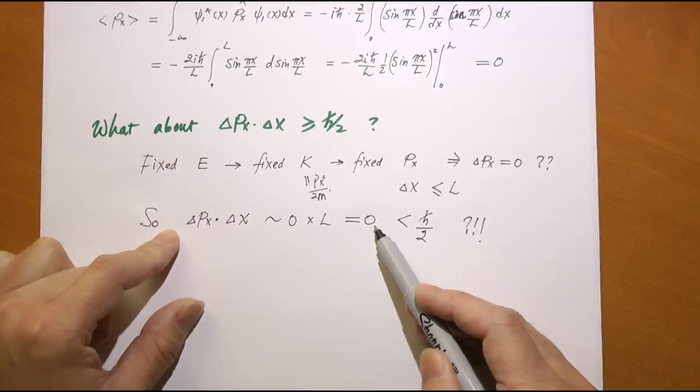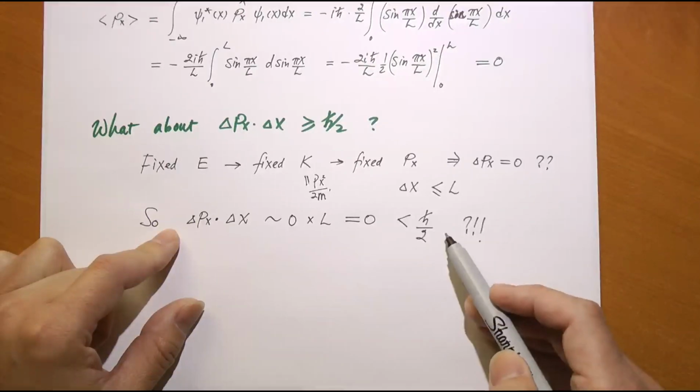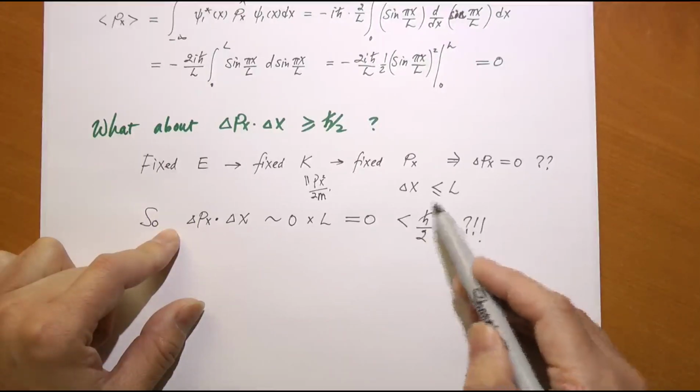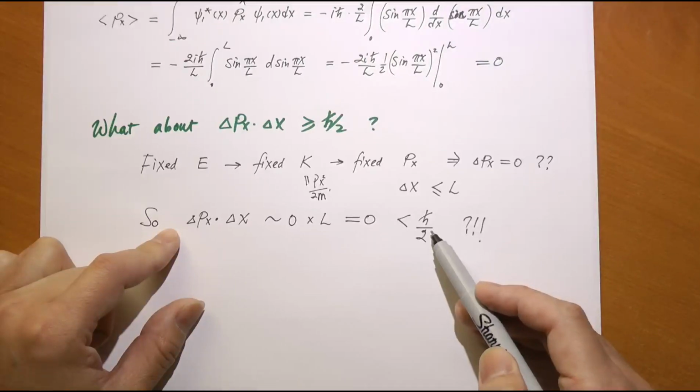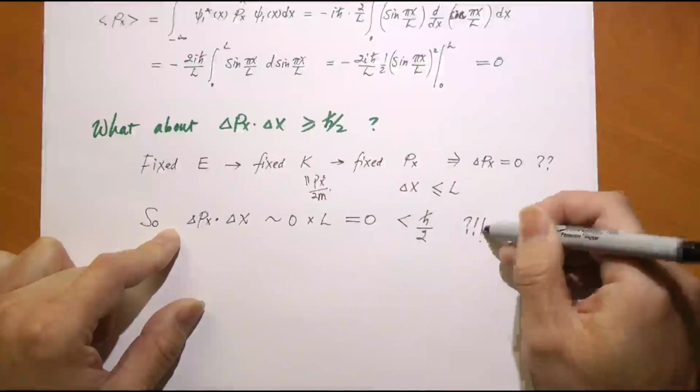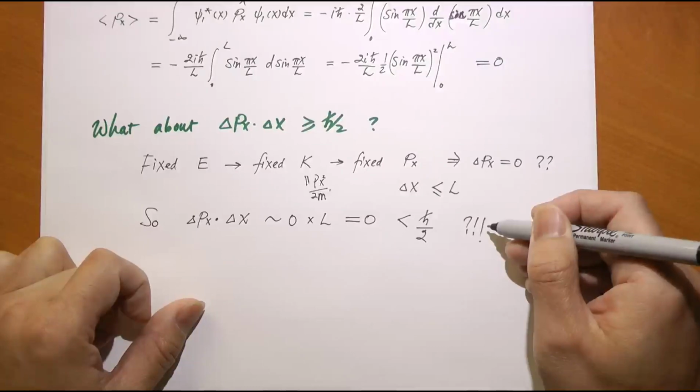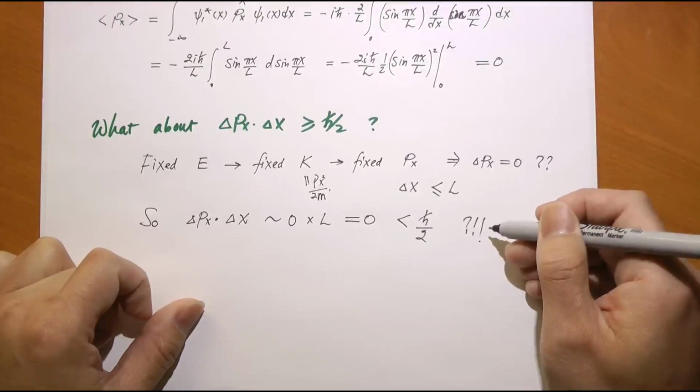It's not infinity. So when you multiply delta Px and delta x, you get 0 times a finite number, don't you get 0? That seemed to have violated the Heisenberg uncertainty principle, which says this product can never be less than h bar over 2. So that was the puzzle. That was the paradox. How did it manage to violate the Heisenberg uncertainty principle? Or did it really violate the